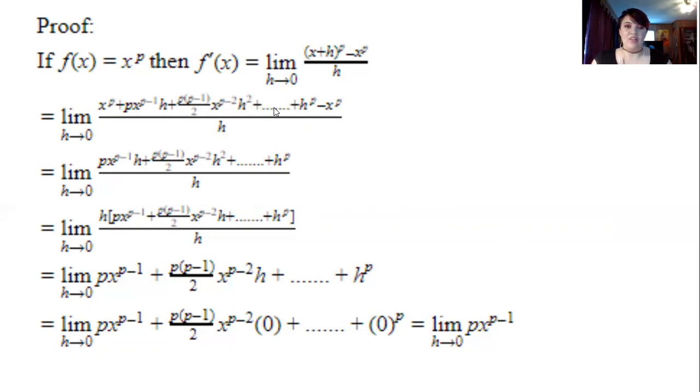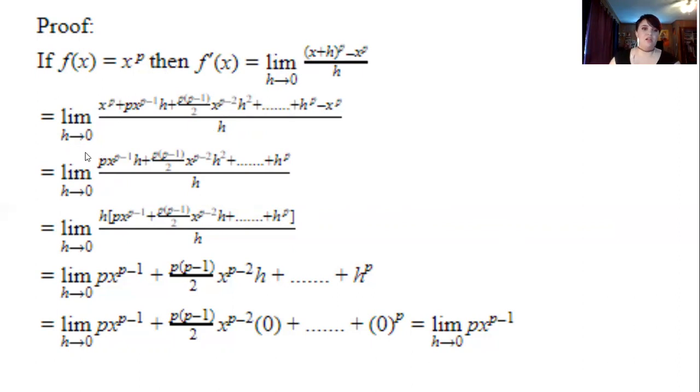We're focused on the patterns that we find and proving how to differentiate a power function such as this, minus x to the power of p over h. So this last term is just this minus x to the power of p. That's all this is. From here to here is our binomial theorem, expanding our first term of our numerator. And we can simplify this by canceling our first and our last term, that x to the p and the